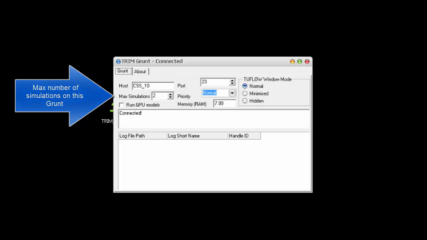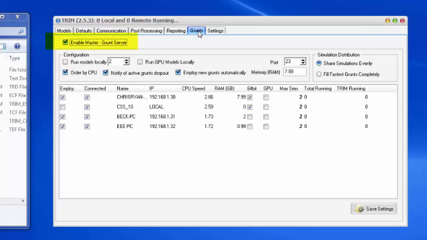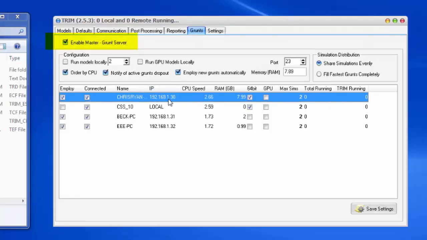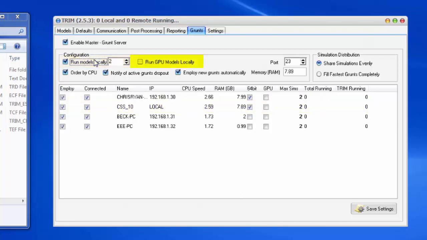Now let's go back to Trim. Simply enable the Master-Grunt server and you should see all the grunts listed. There will also be a row for the local computer. You can use this form to customise if models should be able to be run locally, if GPU models should be able to be run locally, and how should simulations be distributed amongst the grunts. For example, should we fill the fastest grunts first or share the simulations evenly? Parameters such as GPU support and the maximum number of simulations can be edited either via Trim or